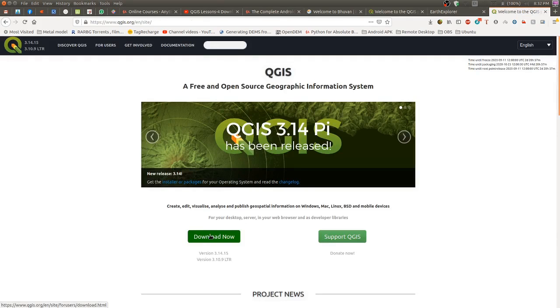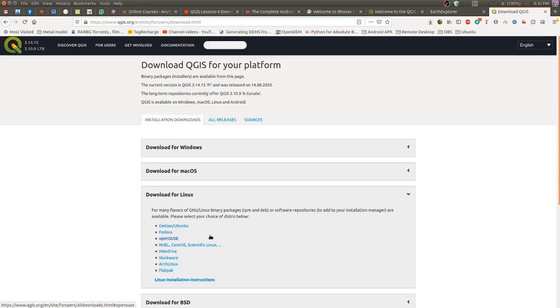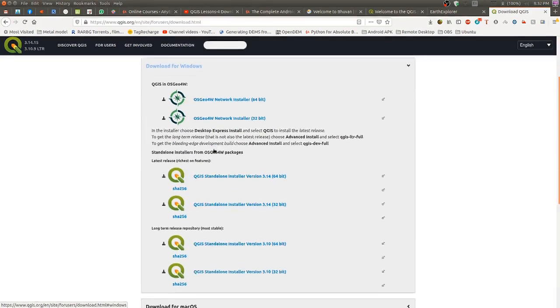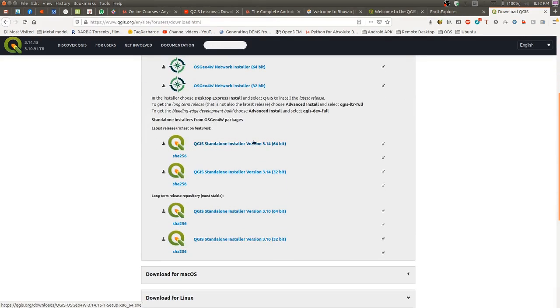You click this download now, and whatever platform you are having, Windows or Mac or Linux, you have to click the appropriate link and download. For Windows users, I will request you to download this QGIS standalone installer version and follow the procedure as given during the installation.